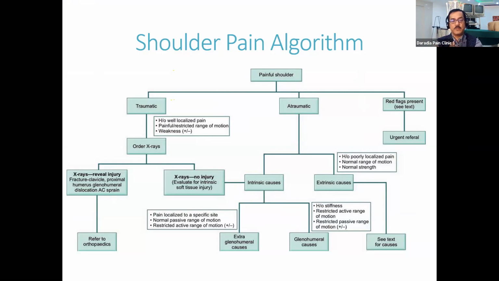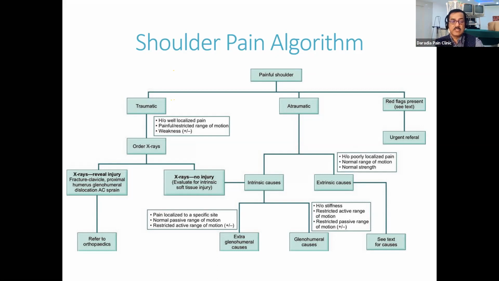So for the painful shoulder, first ask whether there is any history of trauma or not. If there is a history of trauma, many times it is very difficult to move, and all the clinical examinations might not be possible. So the radiological investigation is very important. X-ray is the most commonly and easily available, but you can also do either a CT scan or MRI if possible. But at least have an X-ray and see whether there is any dislocation or fracture. If there is a dislocation or fracture, immediately refer this patient to your orthopedic surgeon friend.